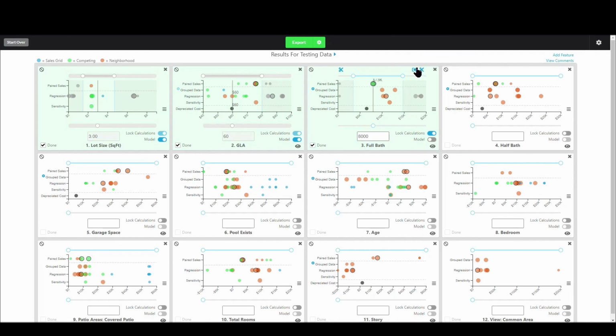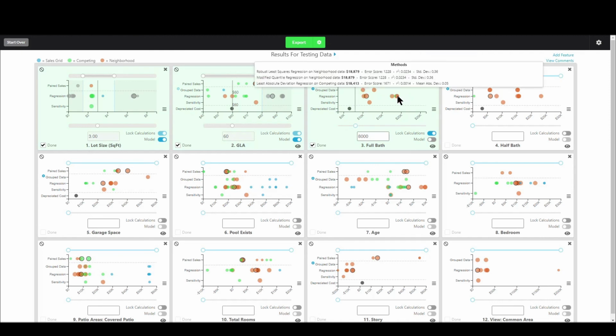And then one thing I just want to show you here, I'm going to bring all the results back. We can get rid of this. What is this? Least median of squares. I'm going to get rid of that one just so it's easier to see these. So let's look at, we want to find ordinary least squares. Here it is. Ordinary least squares regression based on the neighborhood data,